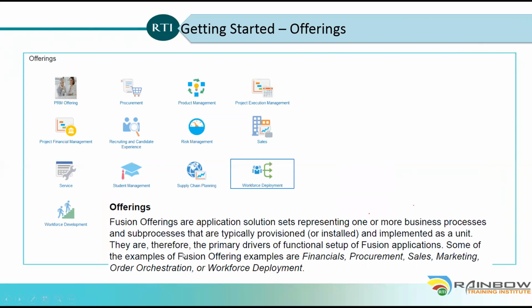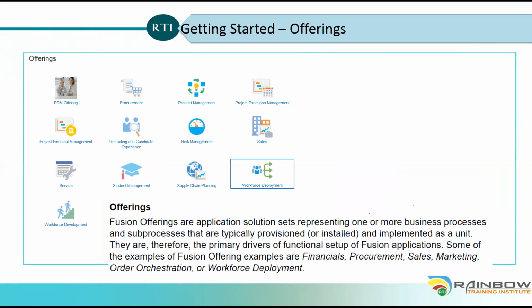So if you buy a license for supply chain management, this supply chain management is enabled, and everything else won't be enabled. The remaining are all disabled. If you have a license for workforce deployment, typically global human resourcing, then you will have this one and supply chain management enabled, and everything else will be disabled. If you want to enable anything else, then you have to get the licensing, and then you will be able to enable that. Okay. Once we have the offering enabled, then you should